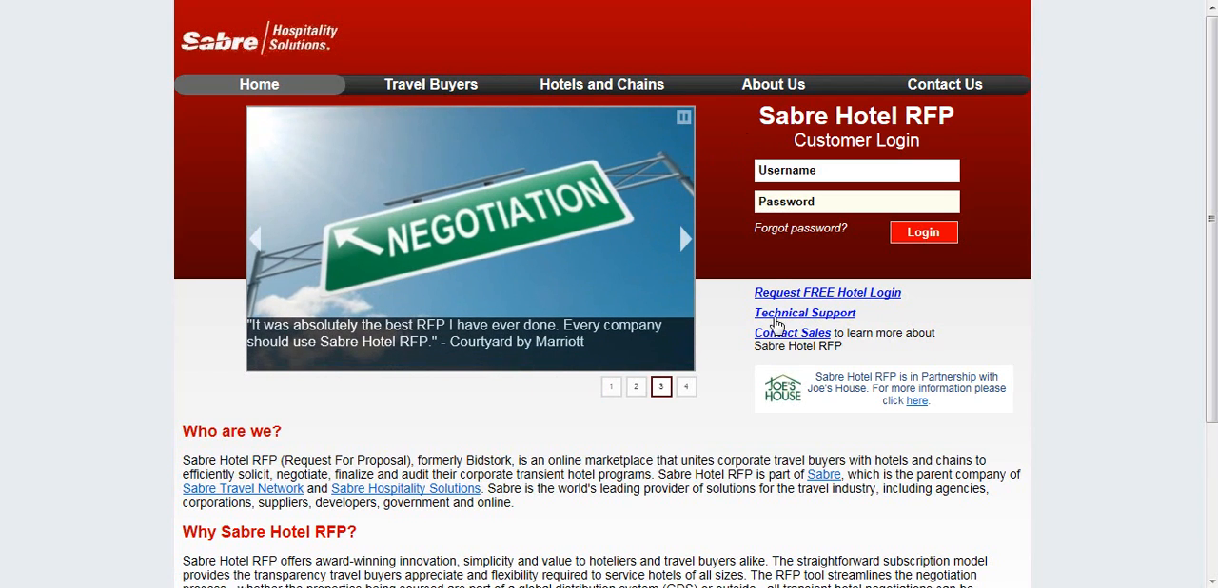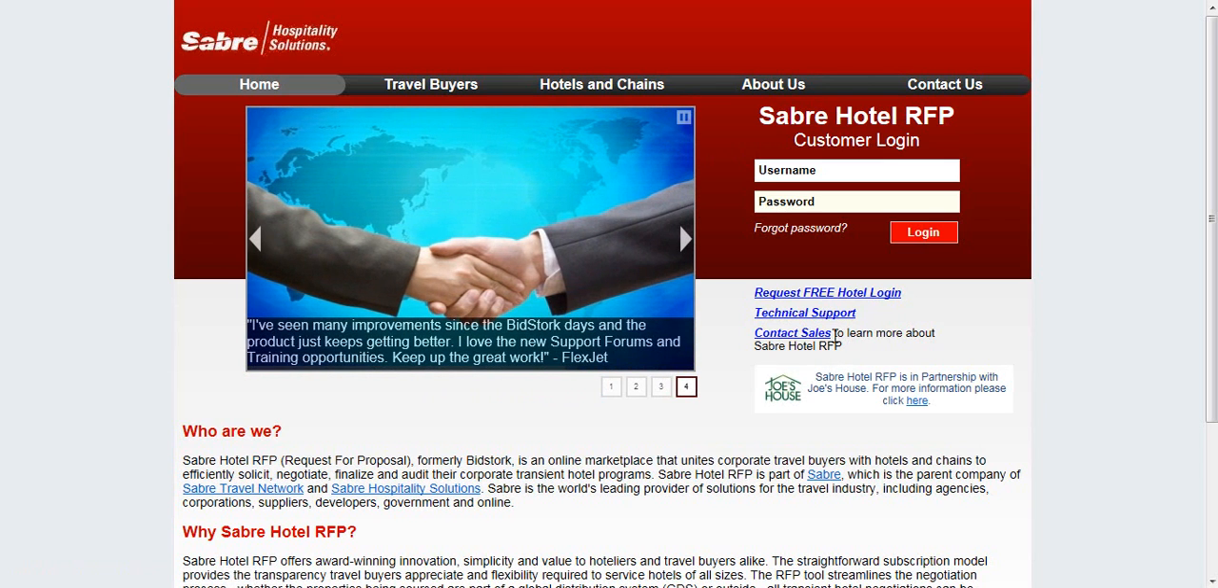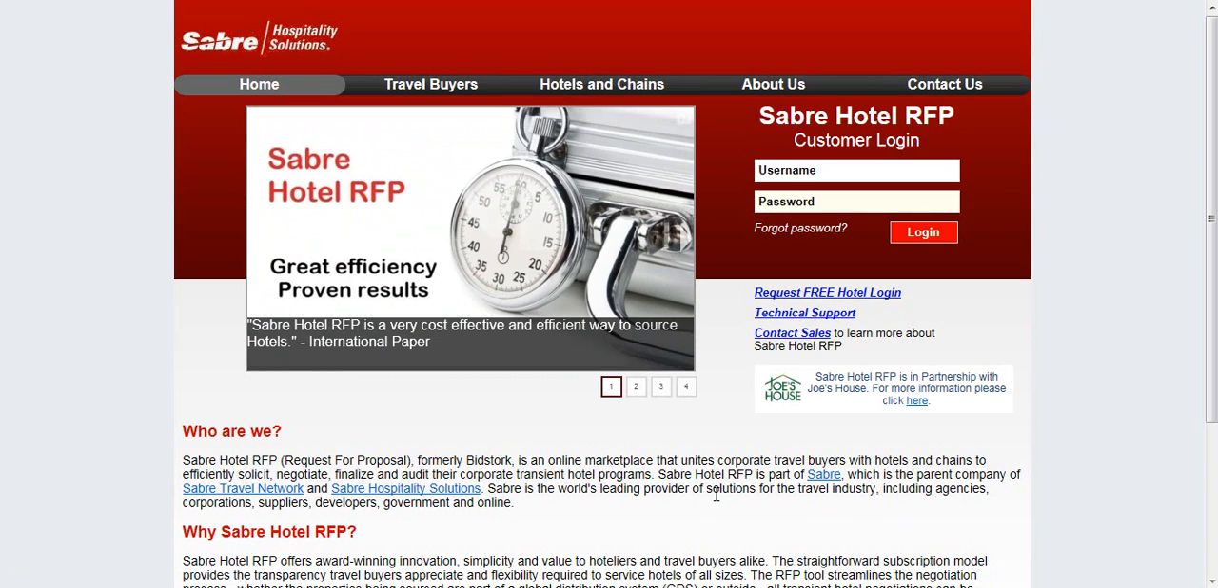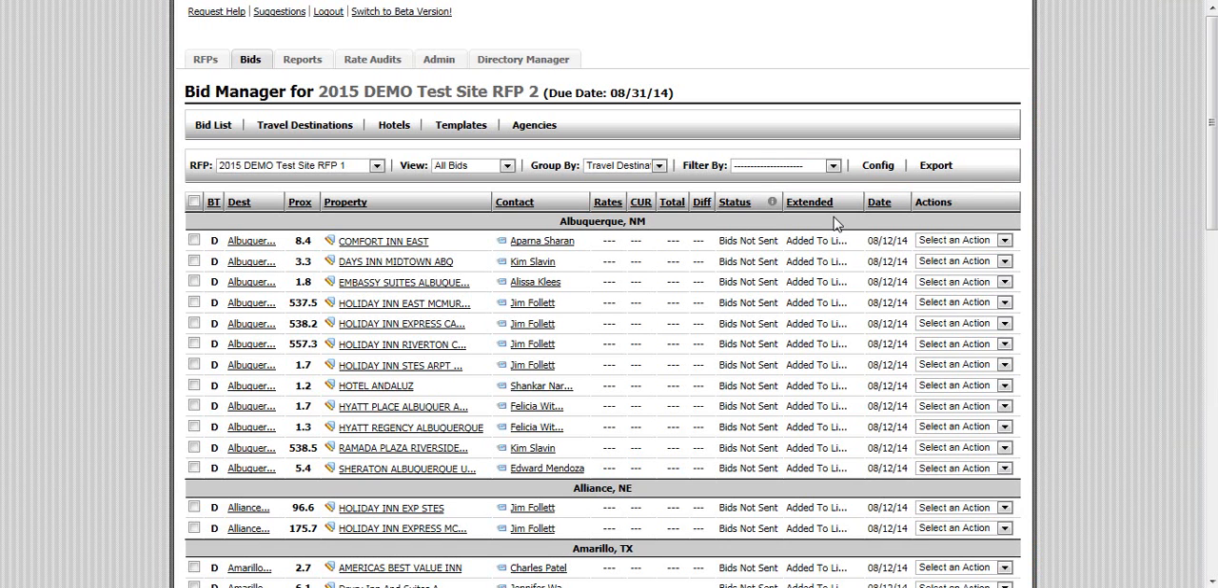This is of course where you can log in, but also log tickets for support. You can contact the sales or training departments, and there's special tabs for our travel buyers, our hotels and chains, and of course more information about Sabre and who we are. So let's go and log in with your credentials. There we go. And as you see here, it defaults to the bids page in Sabre RFP, and this is